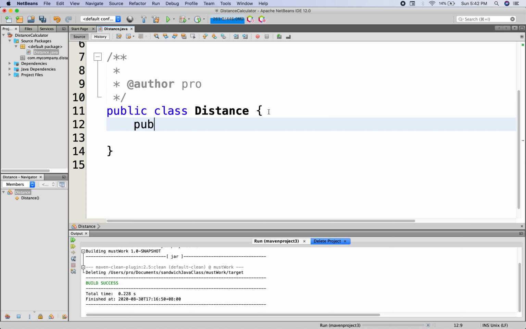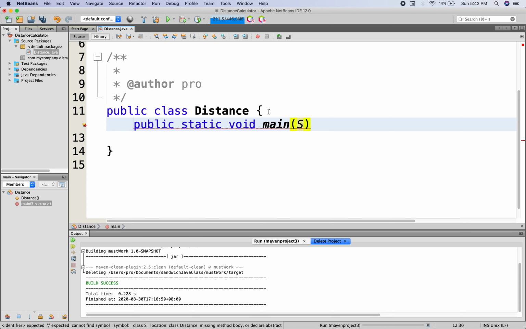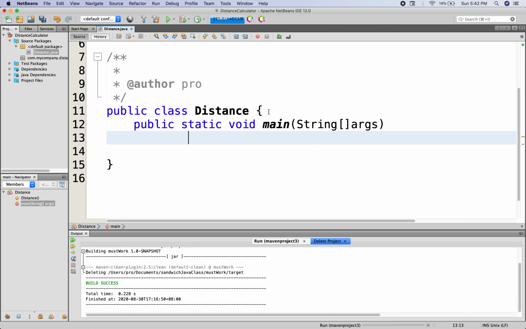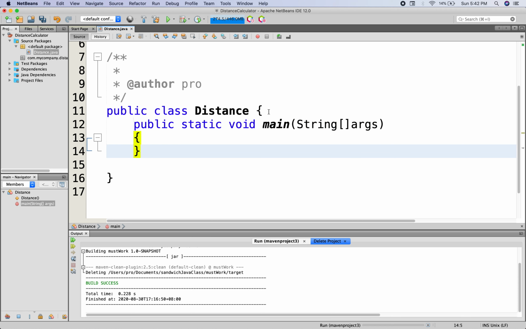We will need to now have the main method. So we specify the signature of the method, public static void main, pass on the string argument to it, args. Okay,